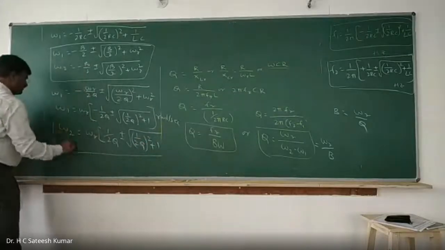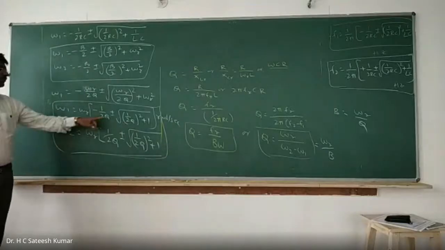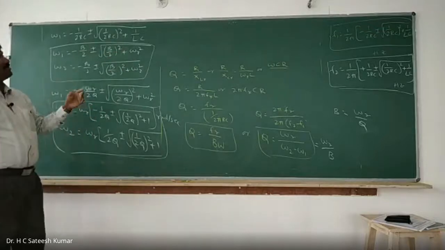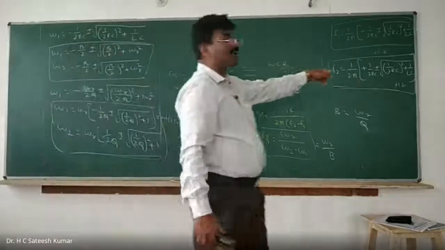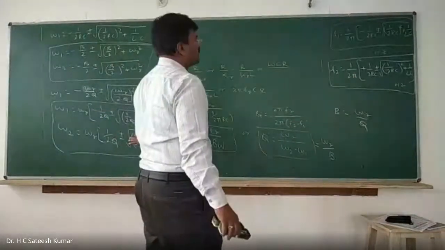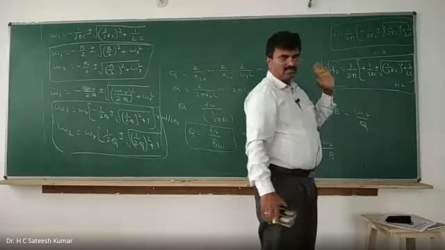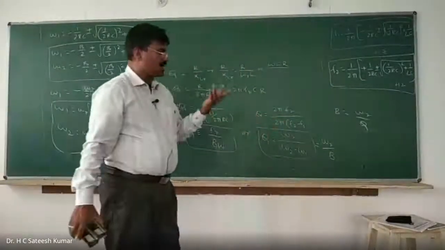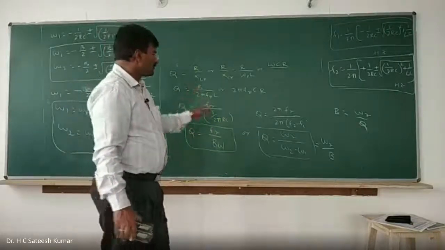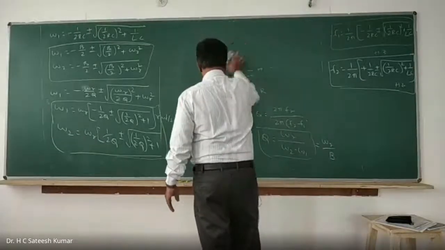So these are the cutoff frequencies in terms of Q and omega r, in terms of B and omega r, and in terms of R and C, the circuit elements. For you, this much is not required and not so important. These two equations are very, very important. They may ask, but even then, in the examination, the general parallel resonance circuit has not been asked much, and problems are also very few. So this is the basic derivation of the parallel resonance circuit, Q and bandwidth.